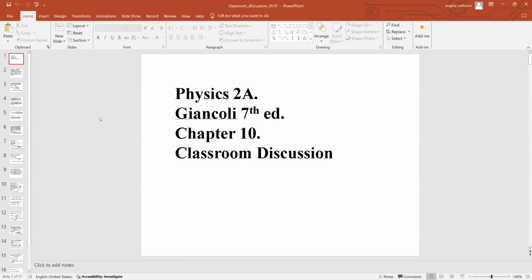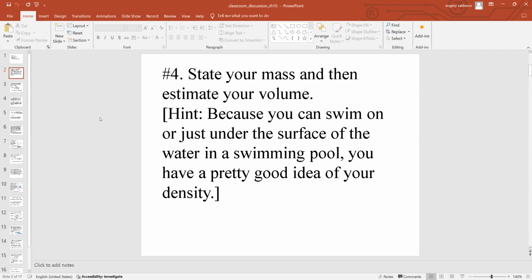Okay, chapter 10, classroom discussion. We talk about fluids, and for fluids, we mean liquids or gases. And the first question, kind of easy and straightforward: estimate the volume of your body, considering a certain amount of mass,